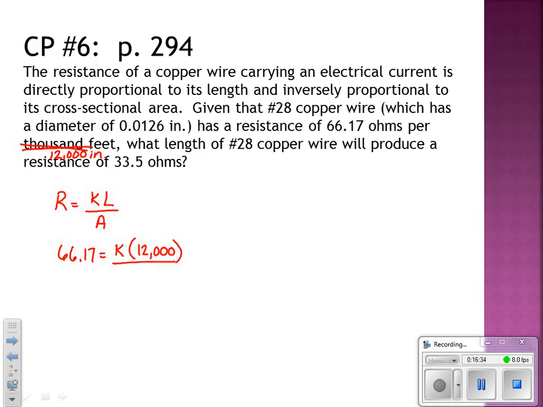Okay, the wire is circular, so the cross-sectional area is going to be the area of a circle. So we have 3.14 times the radius squared. Well, now here's another thing. They gave you the diameter, so don't forget to cut that in half. If you cut that in half and then square it, you end up with